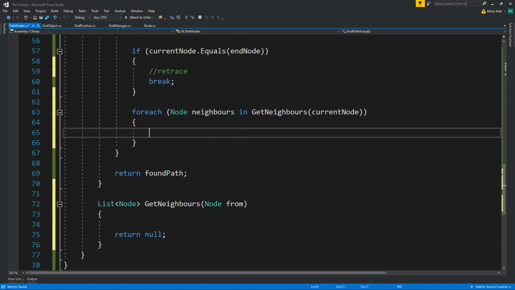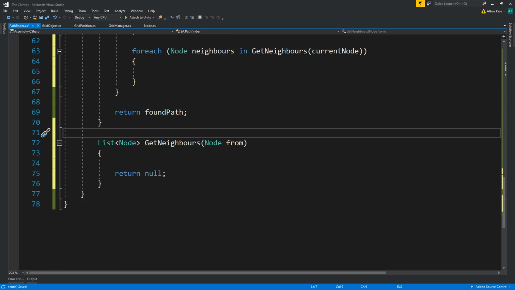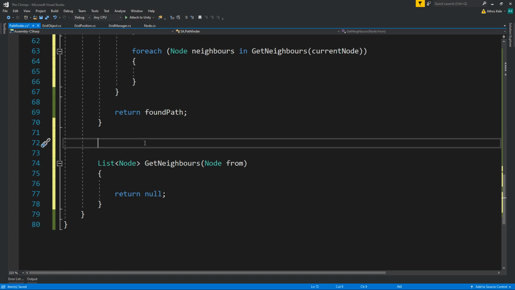Okay, let's keep writing this. We also need a get distance actually. So let's find the distance. Get distance from position A and position B,